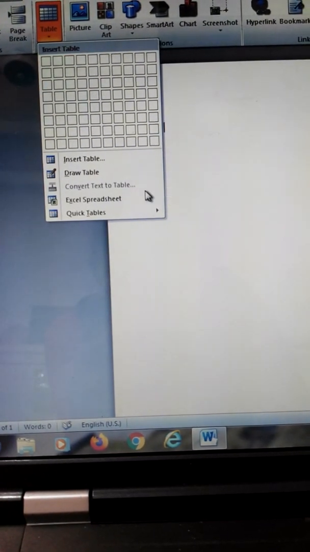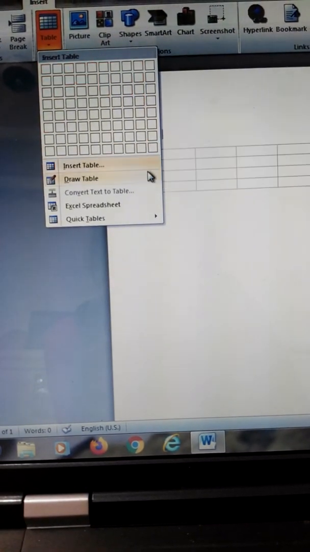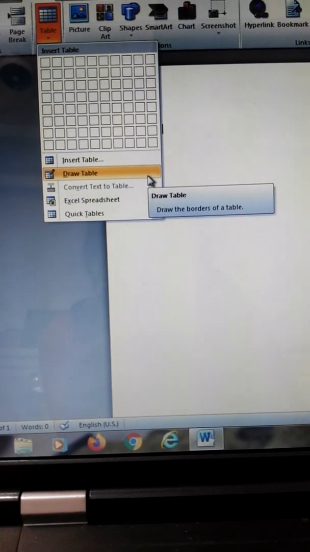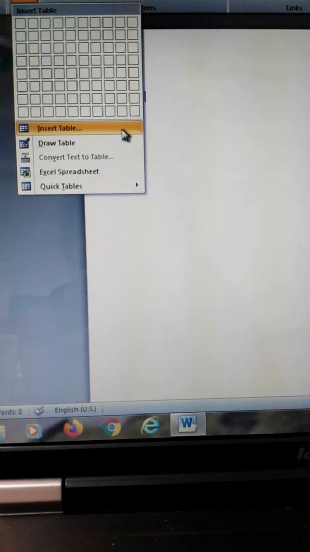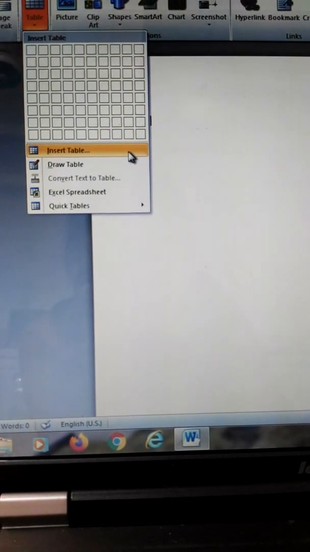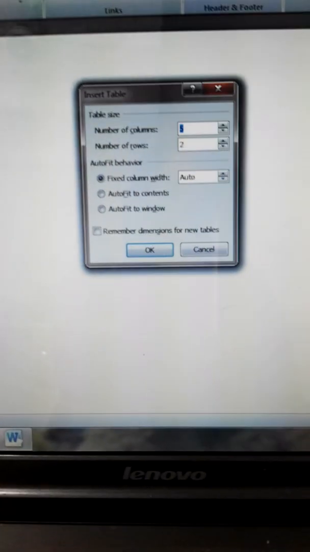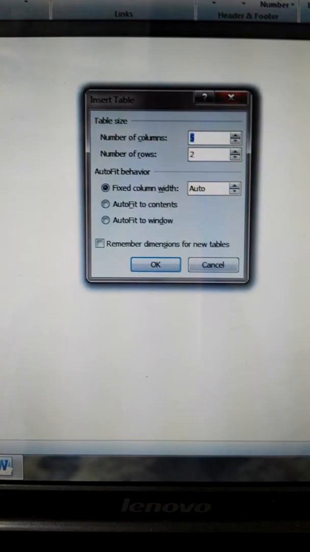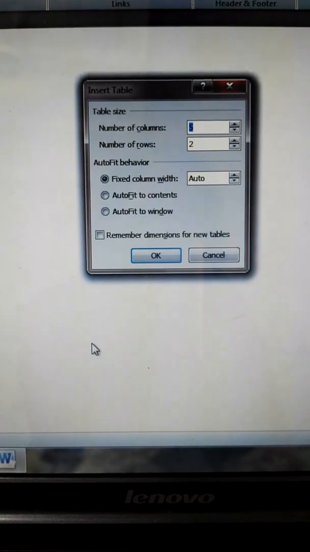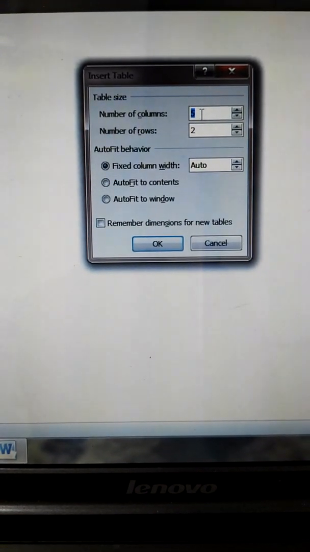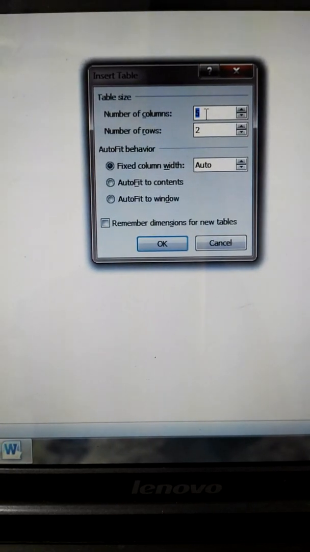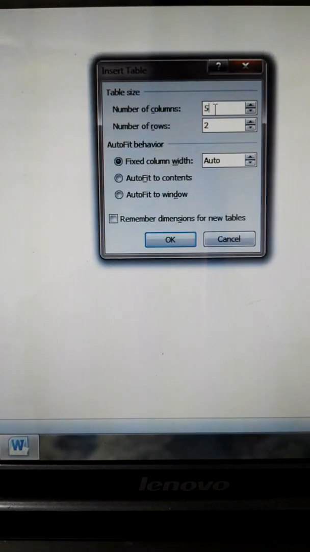Here the list appeared in front of you and now I am going to select the insert table option. As you can see, a window of insert table appeared in front of me. The first thing that we have to do is to specify the number of columns.